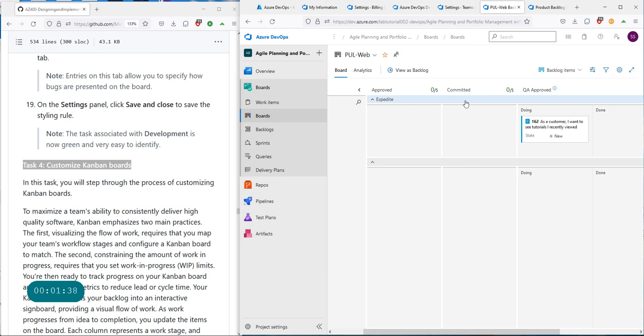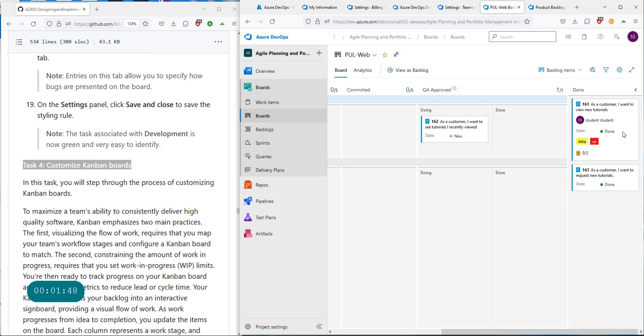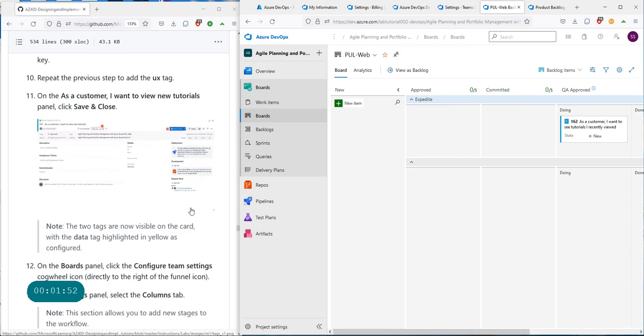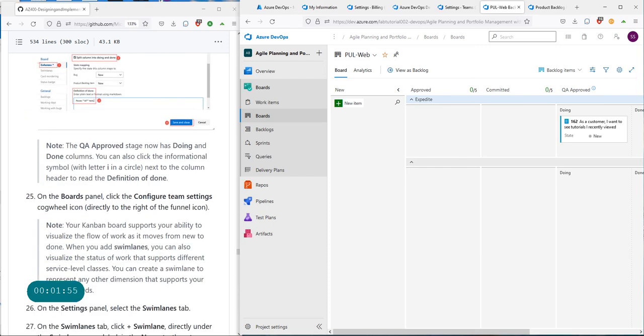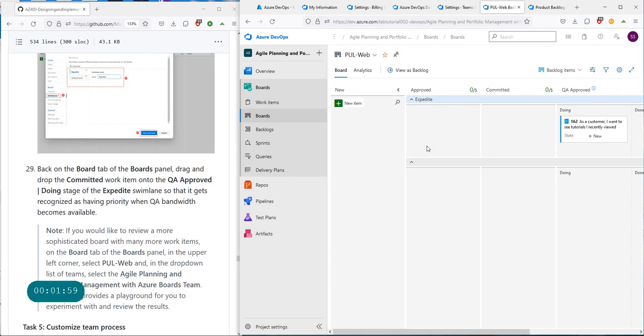We added this expedited area over here. We added tags. We even added color coding for those tags for quickly identifying the items that we needed. And with that, I think that was kind of the end of our customization. So over here, you have the expedited lane where you can easily bring your item and put it over there. That's kind of where we ended. So in this one,